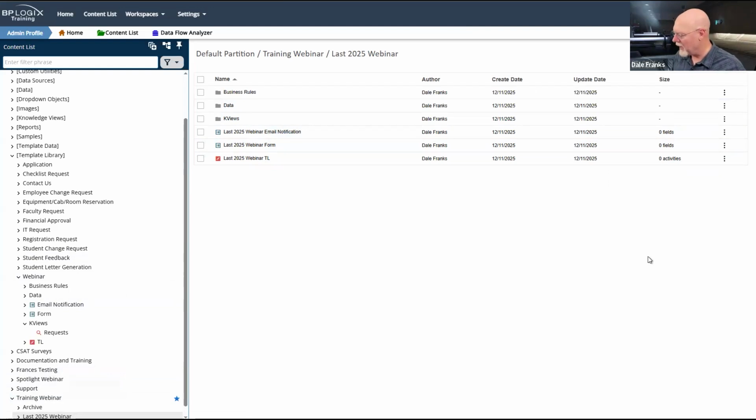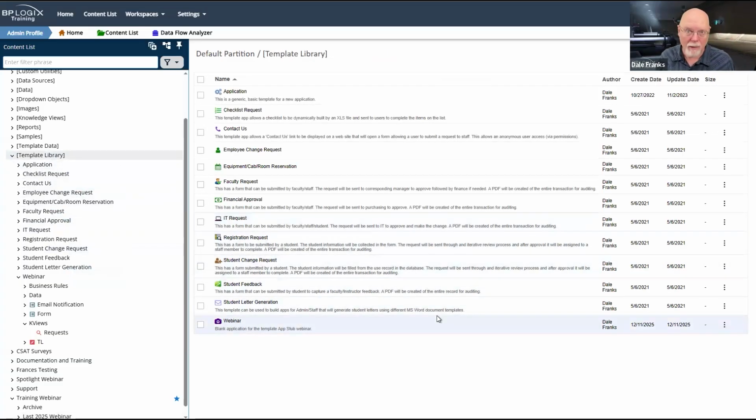So all the stuff that we've done over at least the last hour and 10 minutes all gets done for you automatically. All I have to do now is go in and do whatever customization I need. So this is a very useful thing to have, this template app stub. And I would encourage you to create a template app stub inside your template library folder. And if you don't have a template library folder, I would encourage you to create one and then just place at least the blank template stub in there so that you have a way to just quickly get a head start on any new application that gets created.